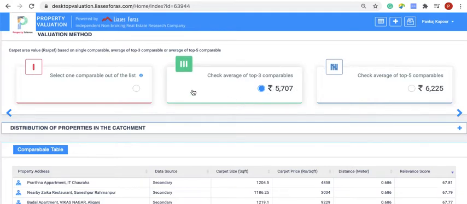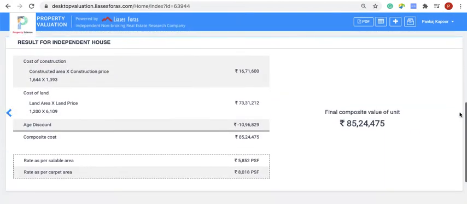The user has the option to select the top 3 or top 5, although the top 3 is more appropriate, but in case you want to select the top 5 because it averages much better. So assuming we select the top 5 and press next, the moment you press next, it will calculate the value of the property.